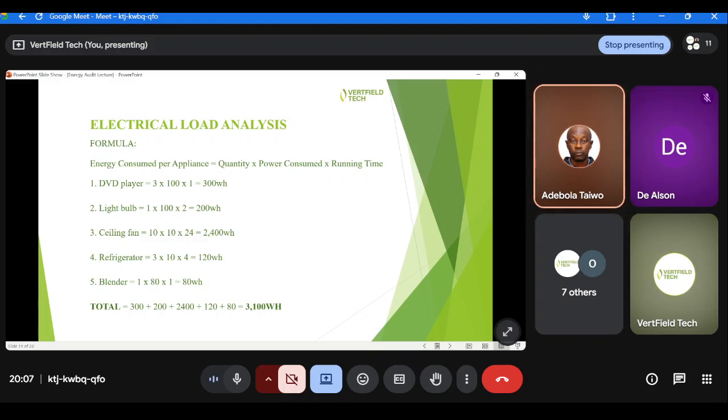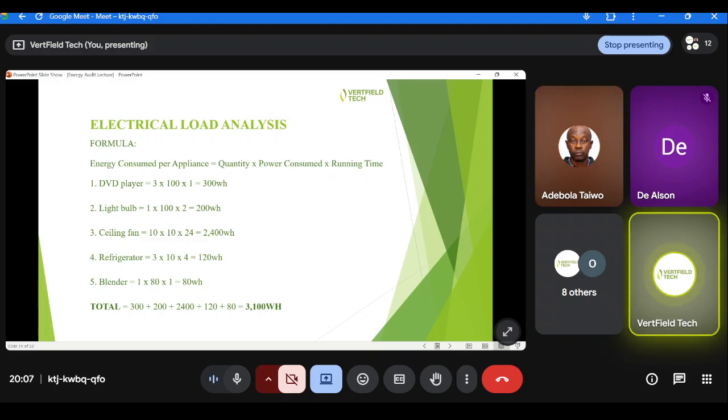The quantity by energy consumed by running time. Okay, can we quickly, just as you can see on my screen now, the formula is: energy consumed is given as quantity of appliance multiplied by the power consumed multiplied by the